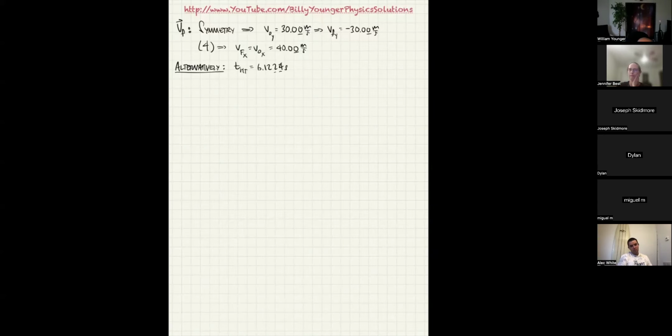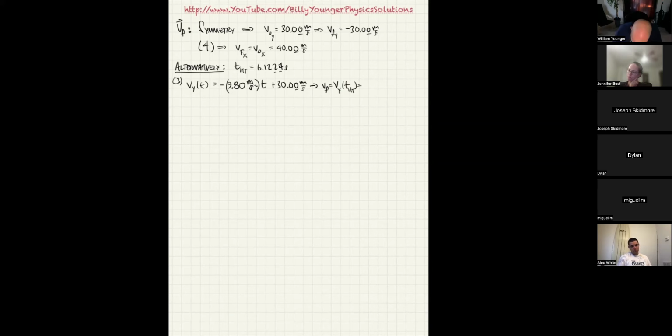And then Vy of t, which was equation 3, gave us negative 9.80 meters per second every second times t, plus 30.0 meters per second, so that V final is equal to Vy of t hang time,